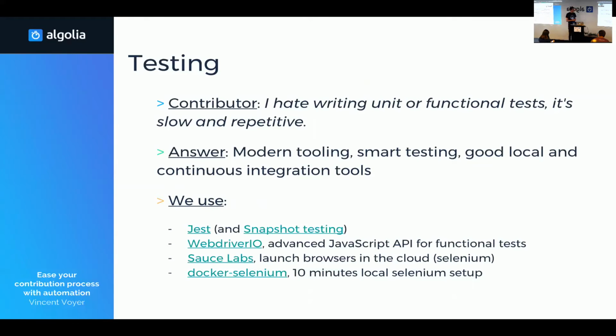You can find more information on snapshot testing; that's how it's called. Then, for functional tests, we use WebDriver IO, a good API to run end-to-end tests, ensuring that your app is working in a real browser. We ensure that the local developer can run this very easily. And when it's running inside Travis, we are able to scale our functional testing so that we can take one test and run it in 10 browsers at the same time very easily. All of this ensures that our testing stack is good for contributors, and they don't complain about it, which is the main struggle.